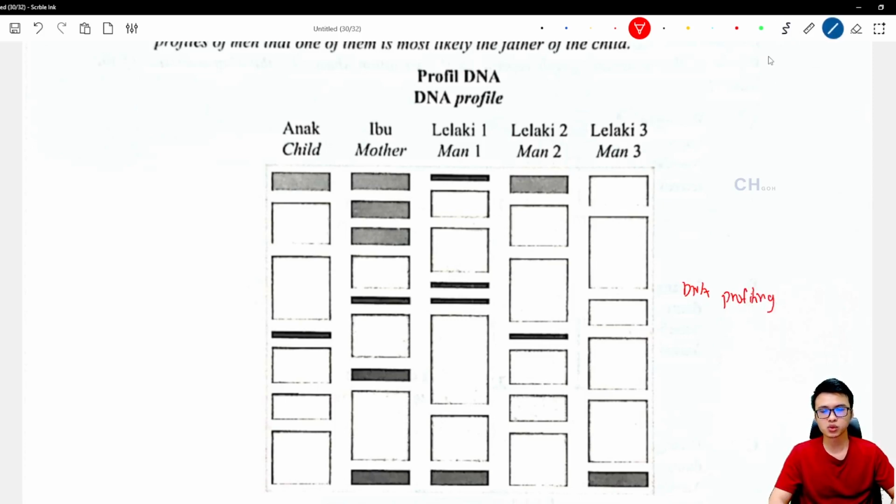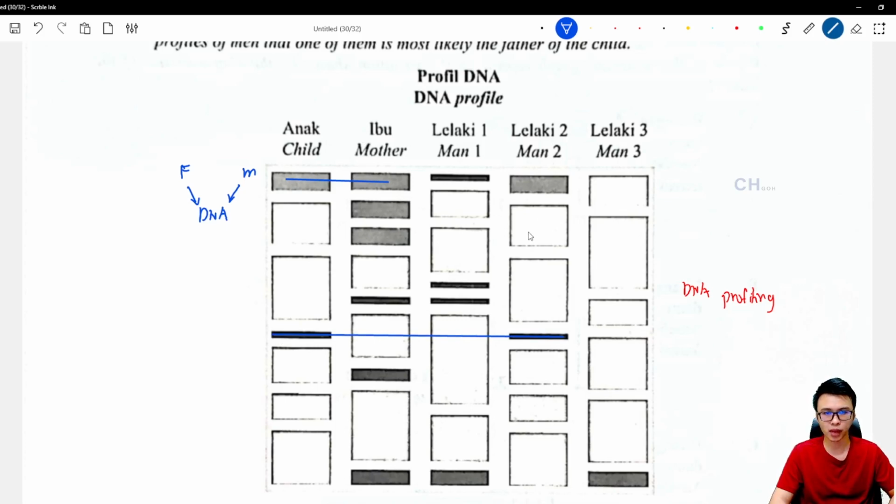We just need to check, because the child should have 2 sets of DNA. One set is coming from the father, correct or not? Another set is coming from the mother. So we just need to check which man has the similar DNA compared to the child. So the child has 1 set of the DNA from the mother. Then this one is empty. Then this one,